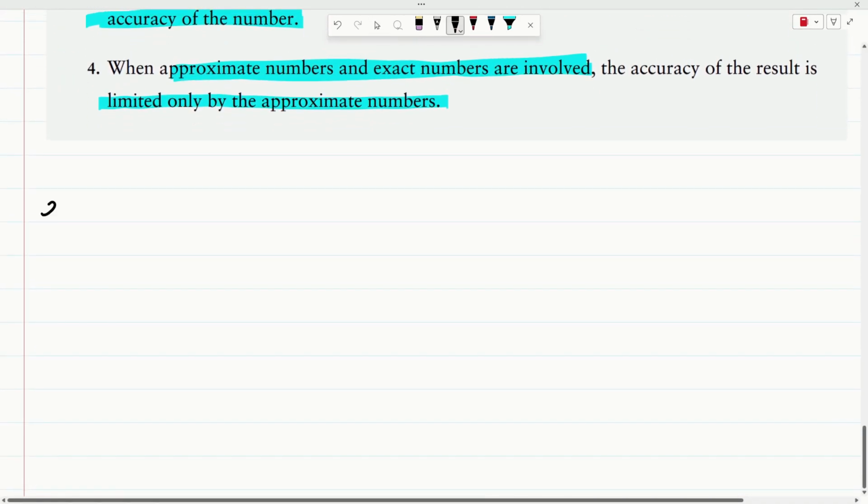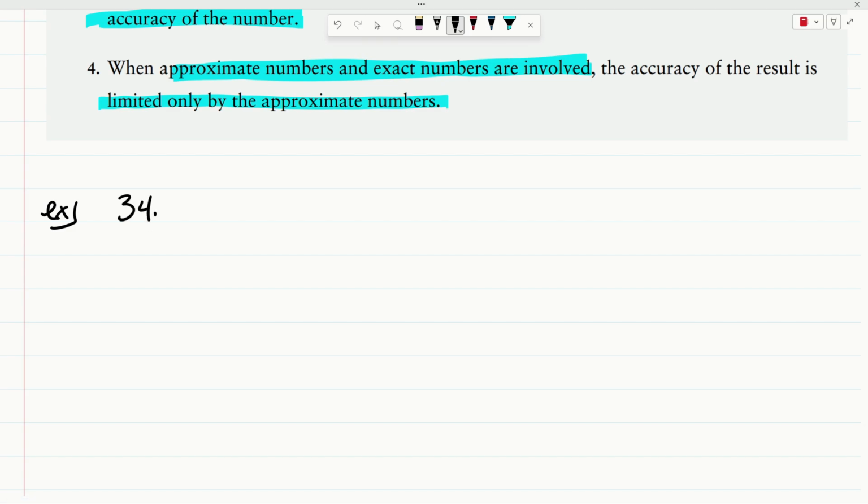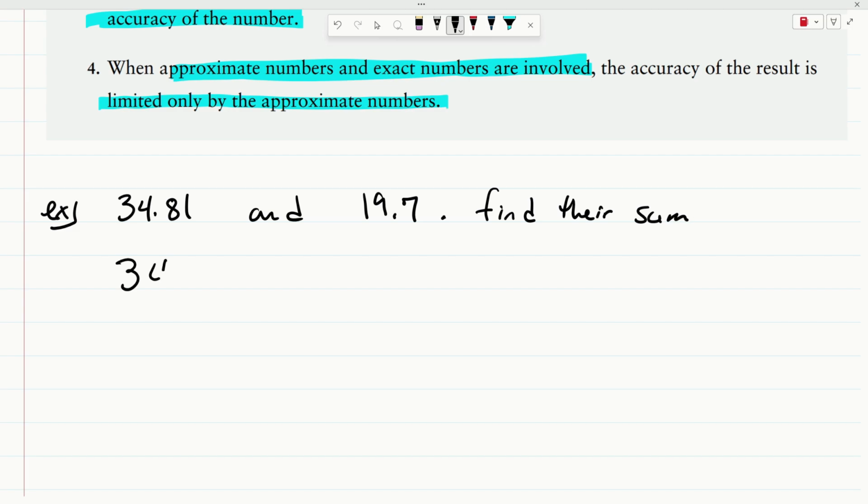So here are two numbers. We have 34.81 and 19.7. Find their sum. Okay? So the first thing is, we know from back in the day, whenever we add decimal numbers, we align the place values and then we add straight down. Okay? So